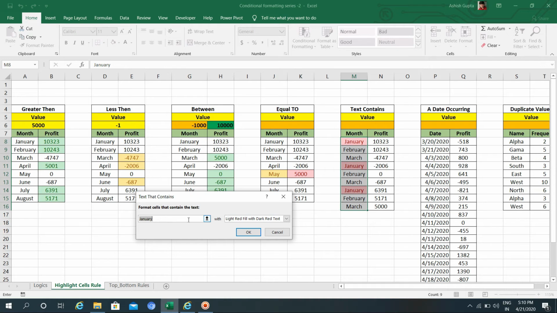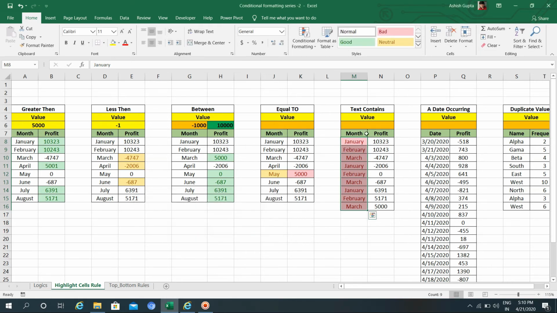If I say March, then it will highlight March. Or you can give a reference like this one. I will select this one and click OK. If I type any month, let's suppose March, then it will highlight only March. If I say February, then it will highlight only February. So that's how we'll use text contains.